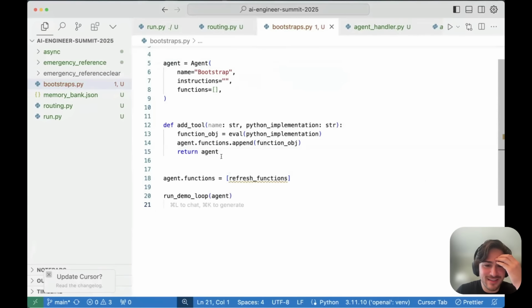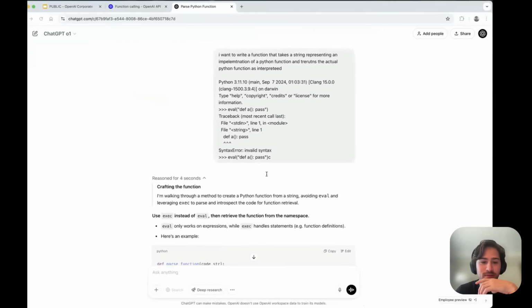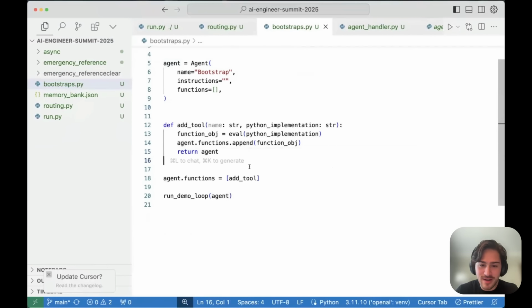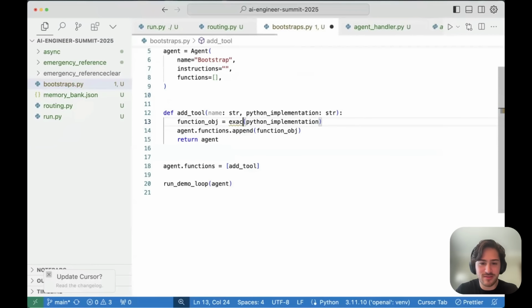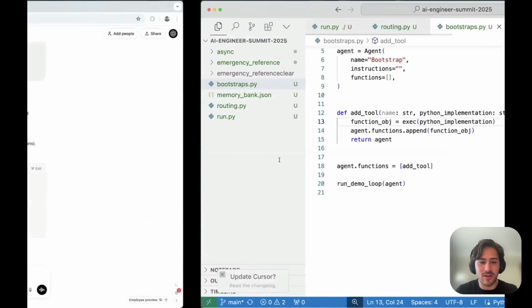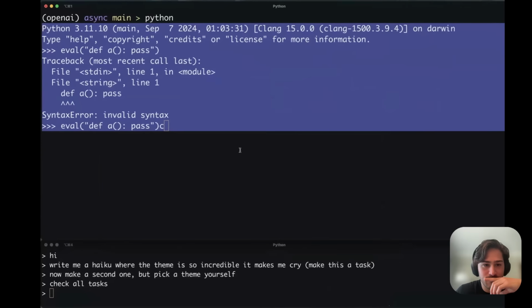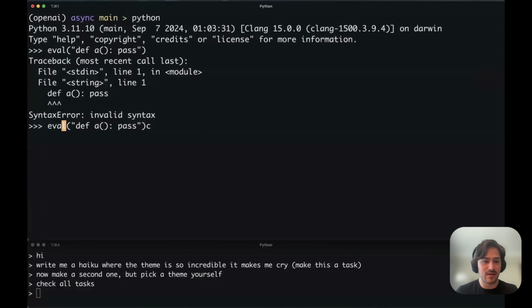This might be it. So add tool, exec, not eval. Why didn't anyone say that? You guys can shout out. Okay, so it's exec. And then what is this?